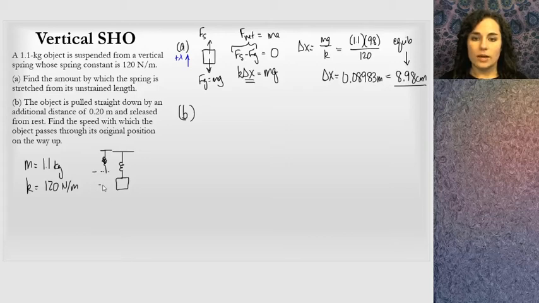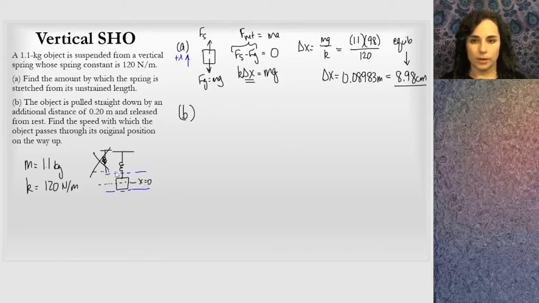Well, now it has a new equilibrium position when the spring is stretched out. We're not going to deal with the old equilibrium position. I don't care about it anymore. This is the new equilibrium position. So if the spring gets displaced, either stretched down or pushed up, the mass will oscillate around this new equilibrium